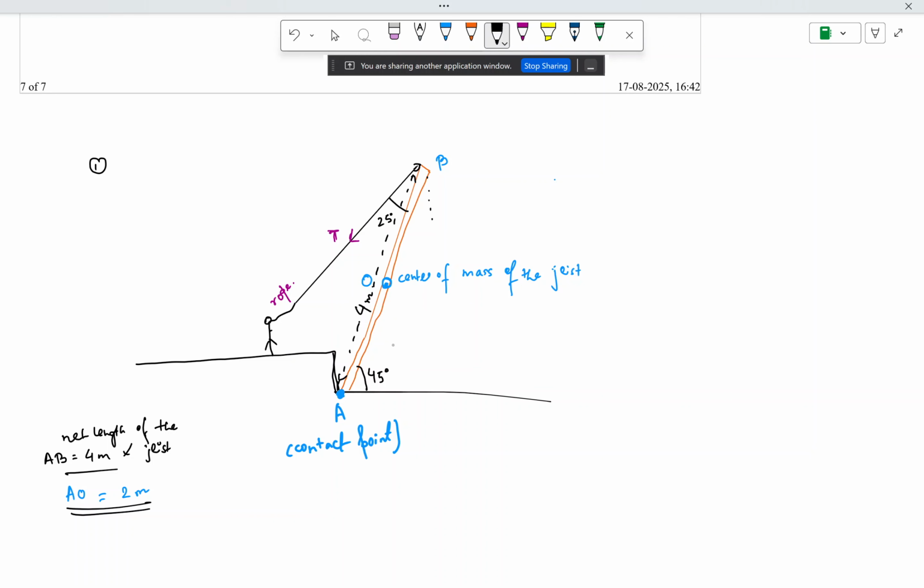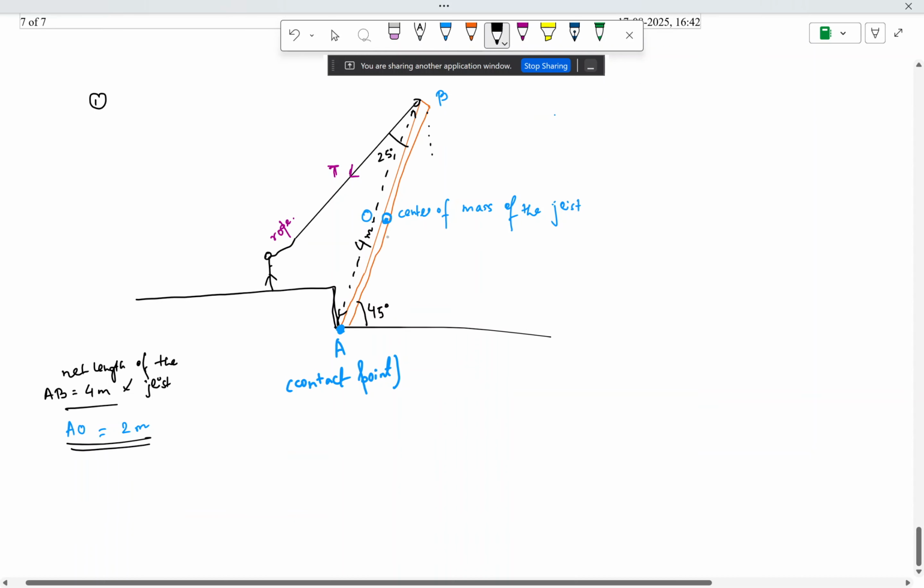Now, the other effective force that will be important here is the gravitational force or weight, right? So this is your gravitational force, which is basically m times g, because of the mass of the rod or joist. So this mg will be acting down here.